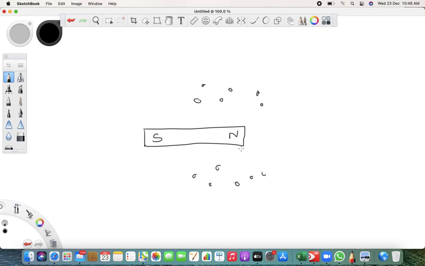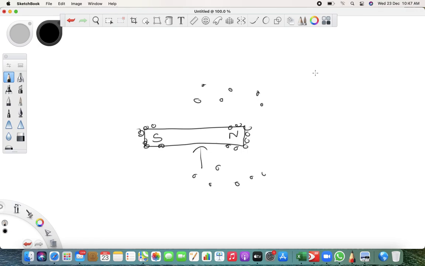Now the question arises that a magnetic field has magnetic field lines. Now you must have noticed something, right? If you put iron nails everywhere, they all get attracted at the poles mostly. They are mostly attracted towards the poles. Why do they not get attracted at the middle? Definitely they will get attracted towards the middle also, but that attraction is less than at the poles. Question is why?